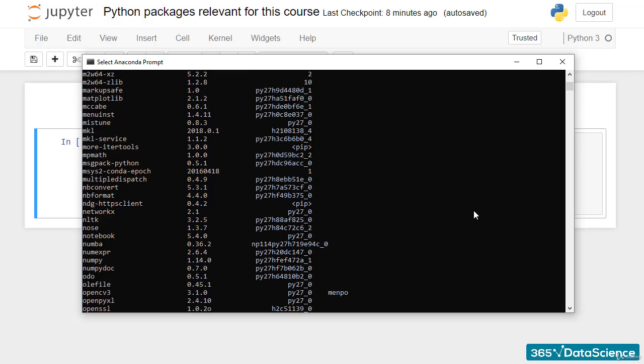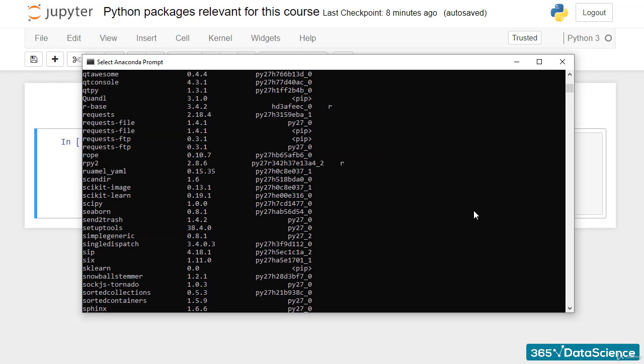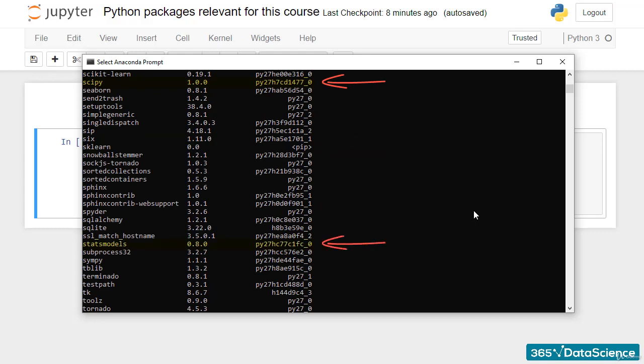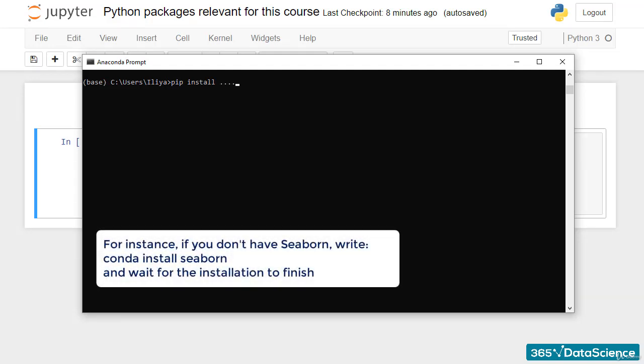Matplotlib, NumPy, Pandas, SciPy, StatsModels, Seaborn, and scikit-learn. Cool. If you are missing something, just write conda install and the name of the package, or pip install and the name of the package. For instance, if you don't have Seaborn, just write conda install Seaborn in the Anaconda prompt and wait for the